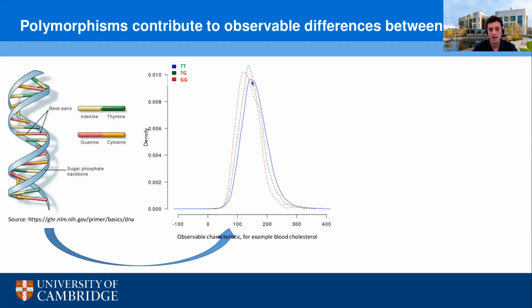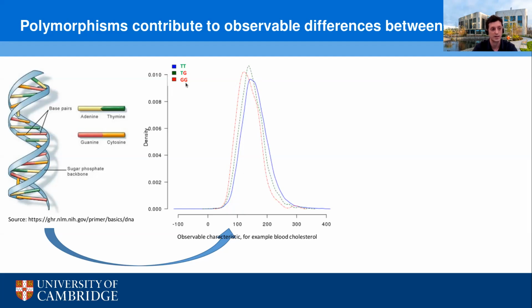And you can see that this is the group that has the highest average blood cholesterol, because the peak falls on the highest level of blood cholesterol. Whereas the people identified by the red line here have the lowest average levels of blood cholesterol, and this will be the people